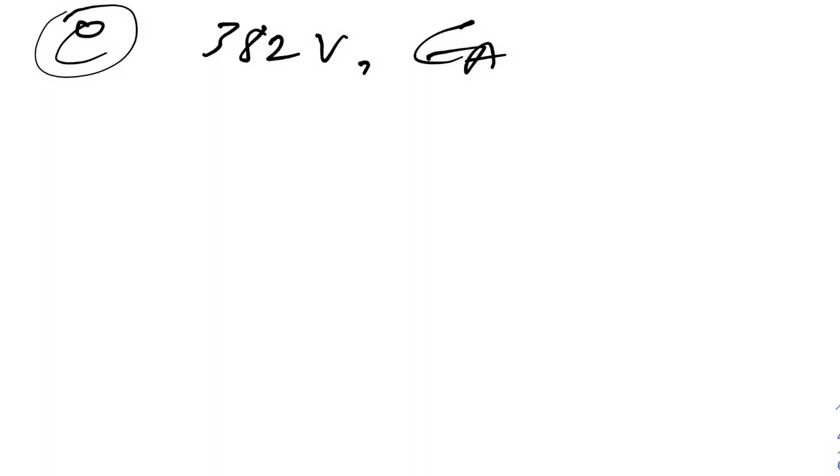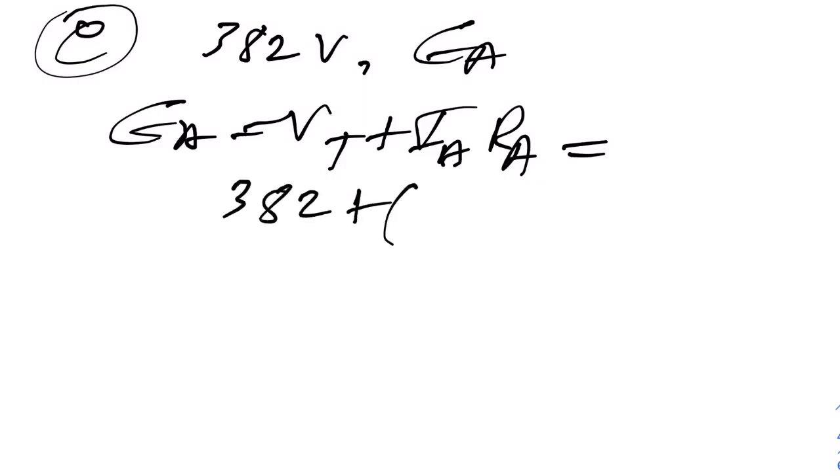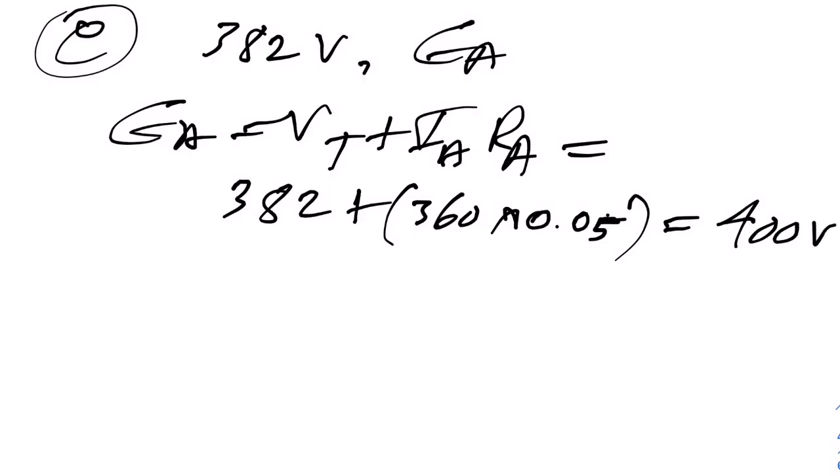EA equals VT plus IA multiply RA. Substitute the value here, guys. 382 plus what? 360 multiply RA 0.05. So the answer here is 400 volt. To get a voltage EA of 400 volt at the speed here, 1600 revolutions per minute,